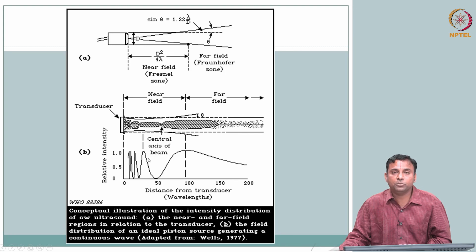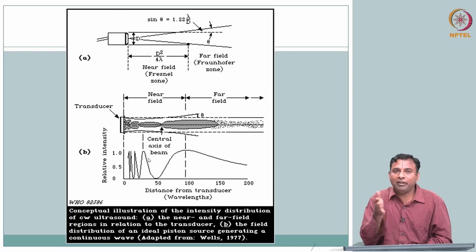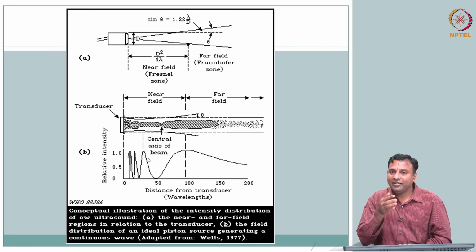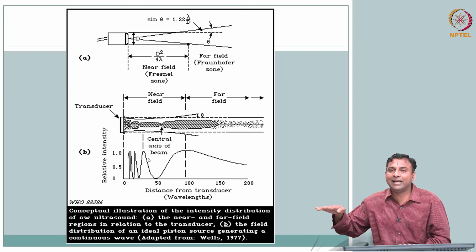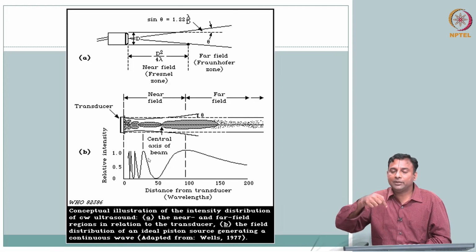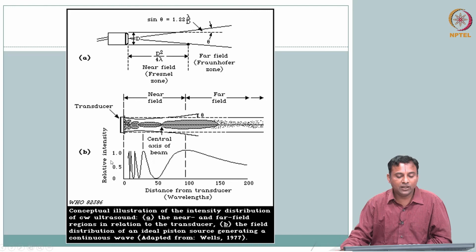Notice the pressure distribution, nothing close to what you would straightforwardly imagine. We would have imagined a plane wavefront, so everything in the plane is the same, and if this is my z direction, all the locations will experience the same pressure. That's not the case. If you are in the near field, you get some weird intensities. This is why it is called a beam pattern. There is a pattern to it, in the sense that close by there is a lot more fluctuation, whereas when you move away it gets a lot smoother.